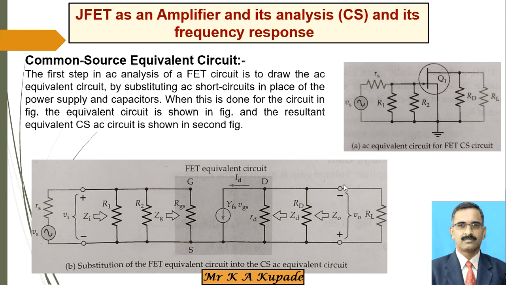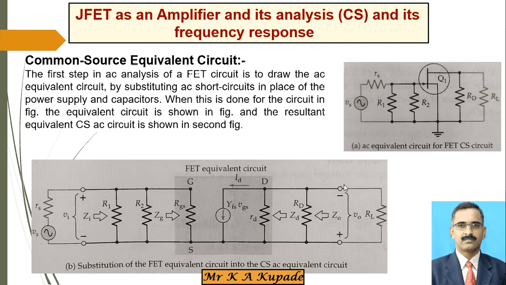That means by considering R1, its input impedance, Vi input, then that particular gate resistance, all these things we have to consider accordingly. Again, VGS, then RD, the resistance of that particular drain circuitry, then the load resistance RD, and the rd. All these things we have to consider. That means on the input side we have to see the equivalent, and on the output side we have to see the equivalent.